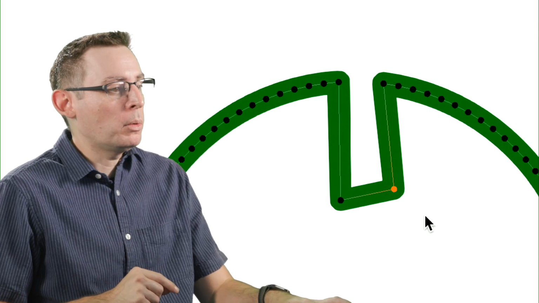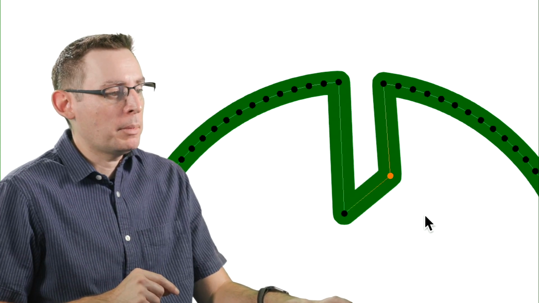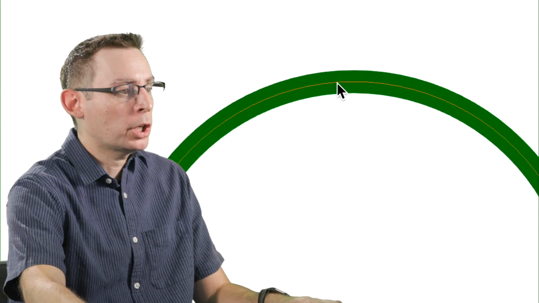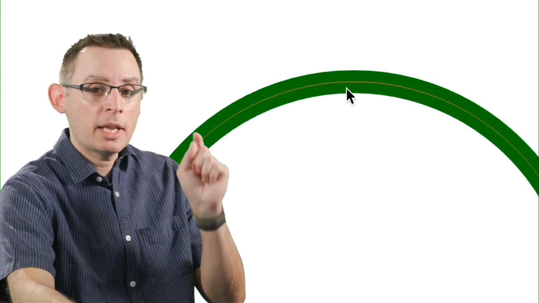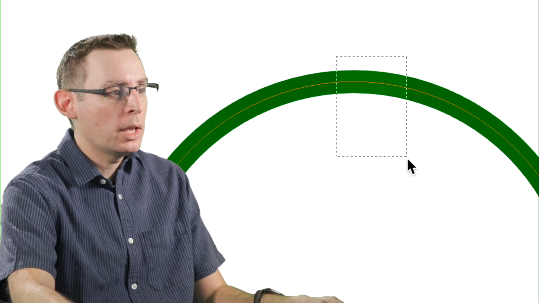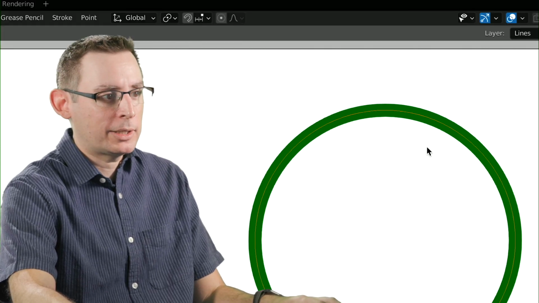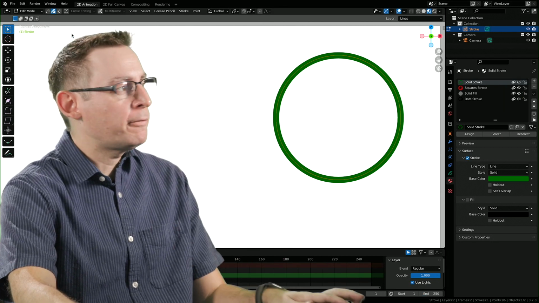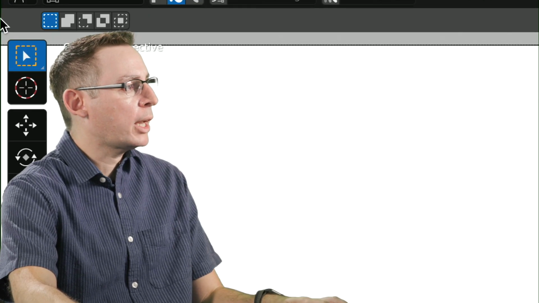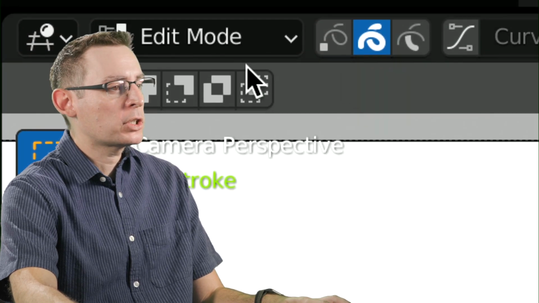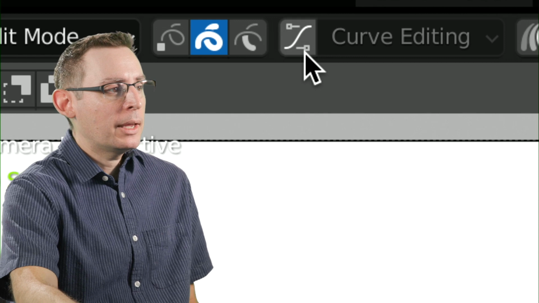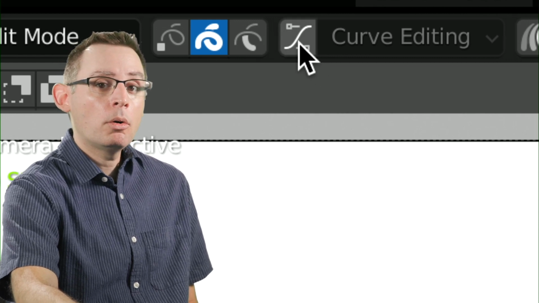Pardon the dust for a moment while I hit the undo key a couple steps and get my circle back to its original shape. There we go. Now I'm going to return to my stroke selection state by hitting the number 2 key on my keyboard and ensure that this shape is selected. Okay, now check it out. We have a new mode, and I want you to be mindful of the differences between this mode. Check it out. It's in the upper left-hand corner of our screen, and it's called Curve Editing. This is pretty neat. It's a toggle. We turn it on or it's off.